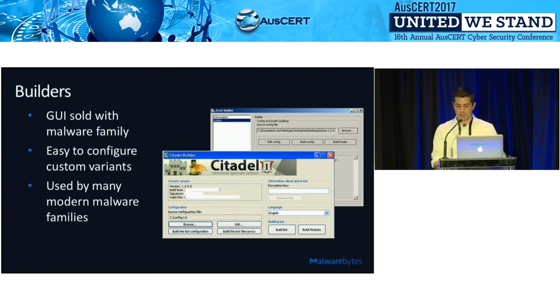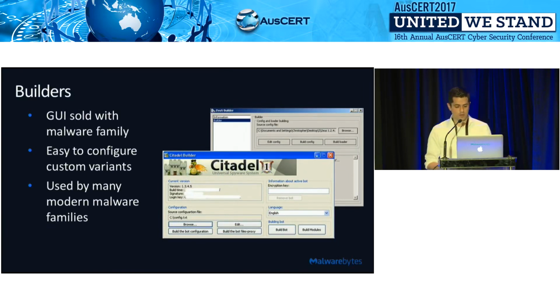A couple of different families are known to use this type of technique. Obviously Zeus, which everybody knows, Spy Eye, Citadel, Black Energy Bot. We've seen a number of emerging malware families, malware authors and crime syndicates that are designing their malware in such a way. We've also seen revenue sharing with malware authors. Not only are there authors selling access to their malware families at a single price, but they're also saying, I'll sell it to you at a reduced price, and at that reduced price, I'll provide you a 70-30 revenue share on any revenue that's generated.